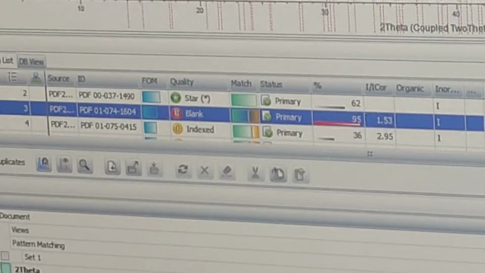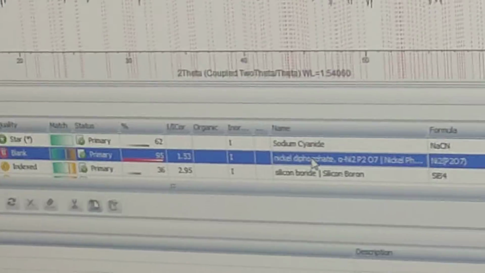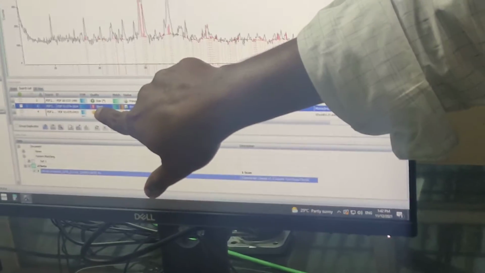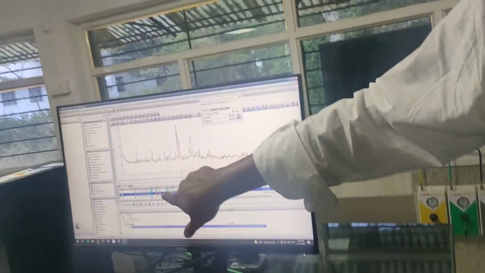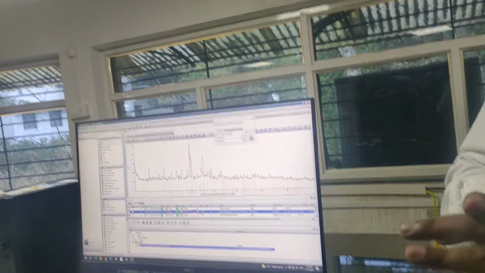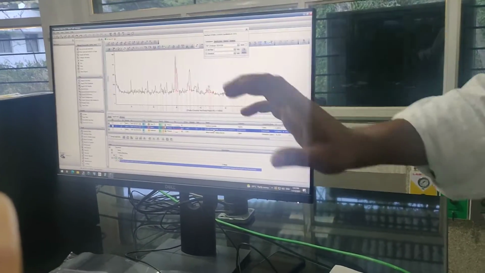If it is a star, the data is really of very good quality. If you see a red color, okay, green color is best, yellow color is okay, not bad, not good. Red color is definitely bad data. So that's a warning. This warning you will not see in COD. This warning is not there in COD, so you have to be very careful when you are using COD. If you are using PDF, no problem. You will easily find out whether you are using good data or bad data.